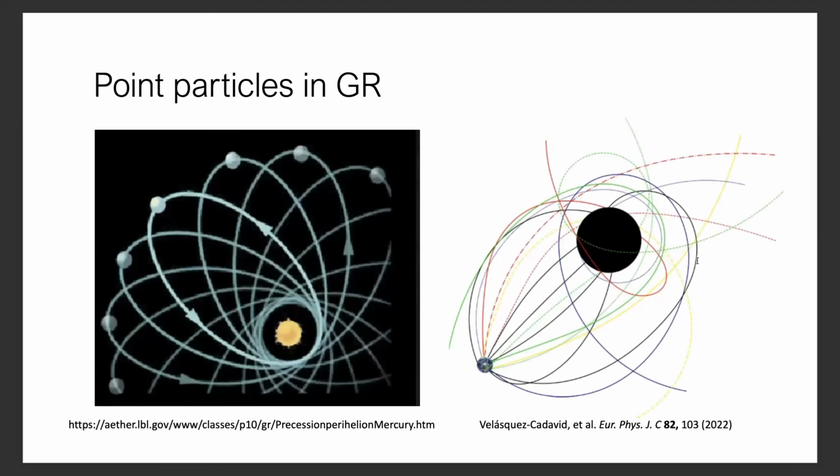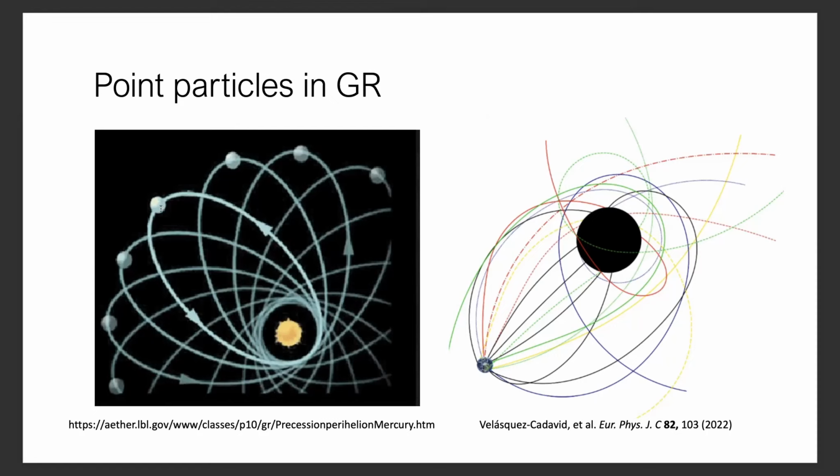So here is a cartoon of the precession of the perihelion of Mercury. For centuries, one of the challenges that Newton's theory could not predict was how the orbit of Mercury around the Sun precessed in time. We know from Kepler's laws that the planets go around ellipses, right? These ellipses actually precess, they move also in time, but if you were to take into account only